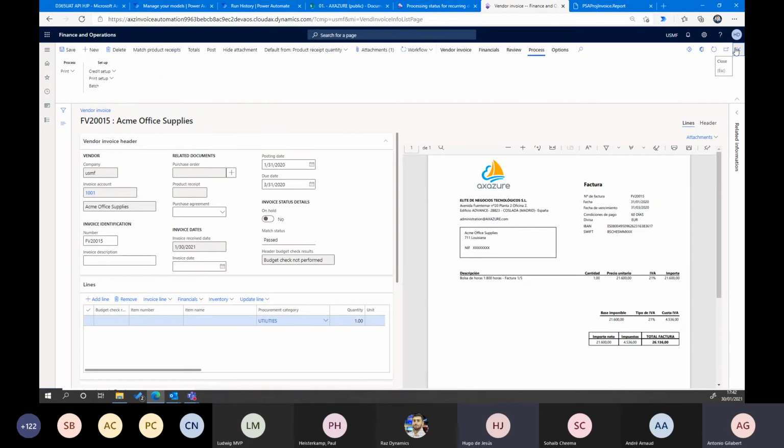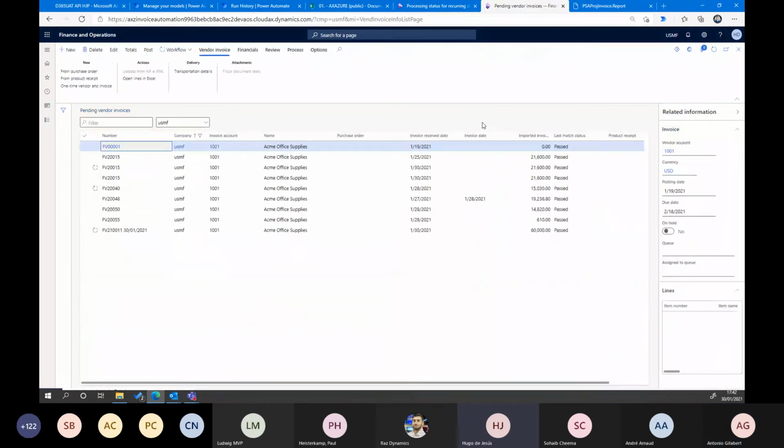Okay, and that's it. This is all the flow and all the information. I don't know, Antonio, if you'd like to add something. Well, to be honest, it's our demo. Our idea was to explain that F&O right now can be enhanced a lot with Power Automate.